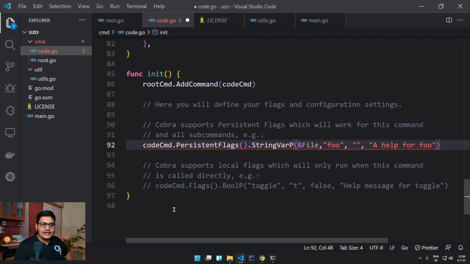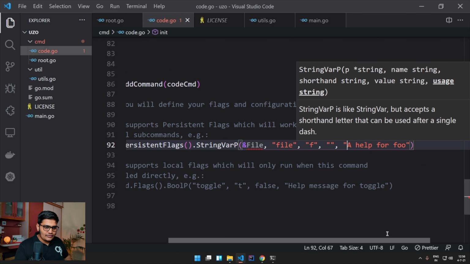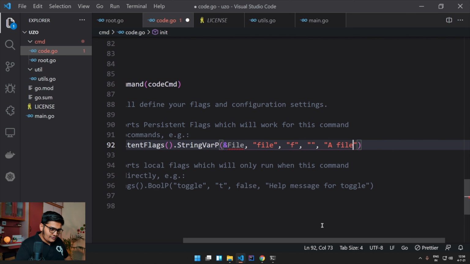It will store the data in this variable that I'm creating. Then my flag should be file, and you can also define your short flag. The difference is that for this one you define --file, and for this you define f only. So that's the difference. For the usage, you can define a file name.